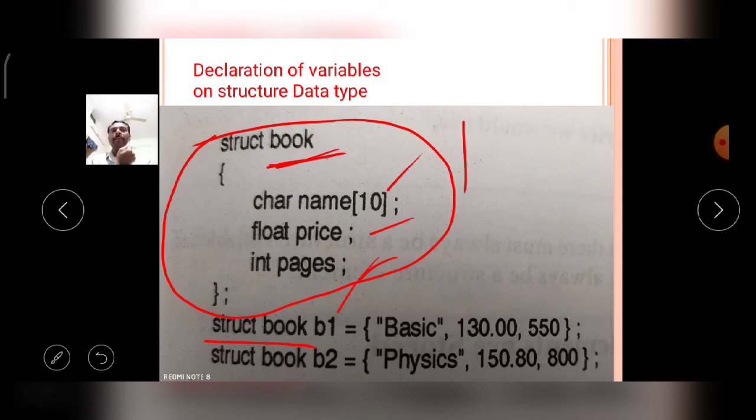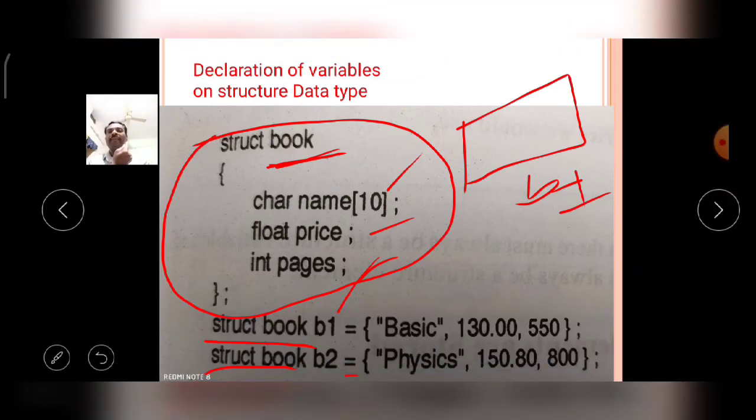Now the b1 variable is created in the memory. Just like that, b2 is also a variable of struct book. So now b1 and b2, 2 variables, are declared on struct book.